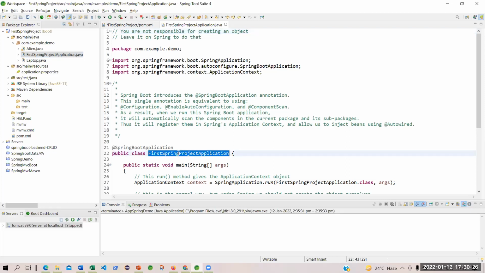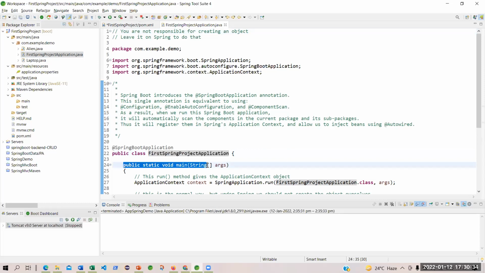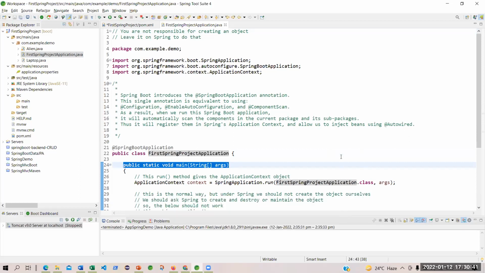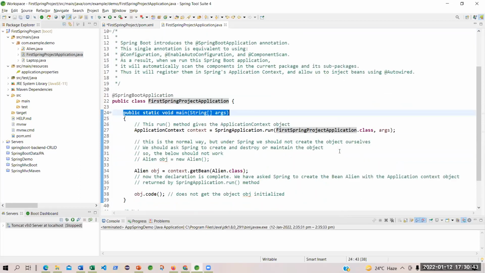This is the first Java class. And do you see, it's a very familiar thing. Are you seeing this? It is exactly Java. It's a Java class.